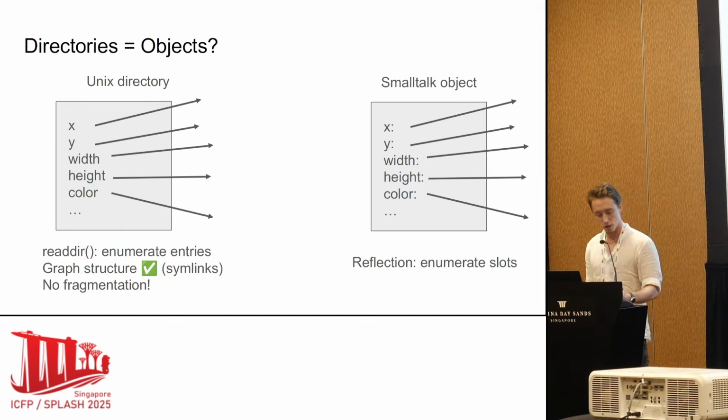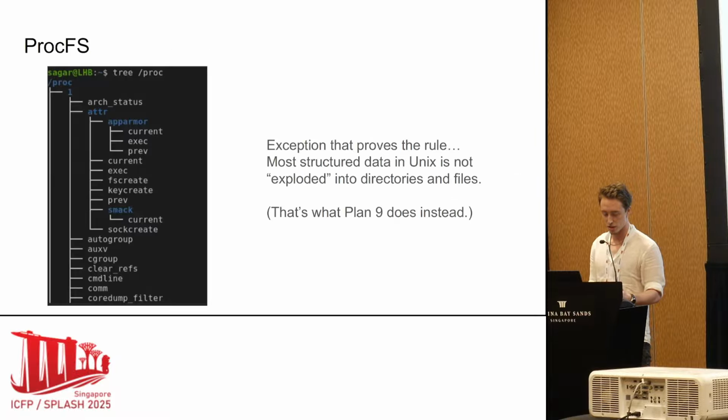In fact, if we were unfamiliar with Unix and using Smalltalk as a guide, then we might expect to find huge directory graphs terminating in primitive data like numbers or booleans stored in regular files. And this is actually something that does exist in Unix in the form of procfs, where the structured metadata of running processes is exposed as a directory tree, instead of a custom file format. But this is just the exception that proves the rule. We don't tend to see this approach in Unix, otherwise there wouldn't be any need for file formats.